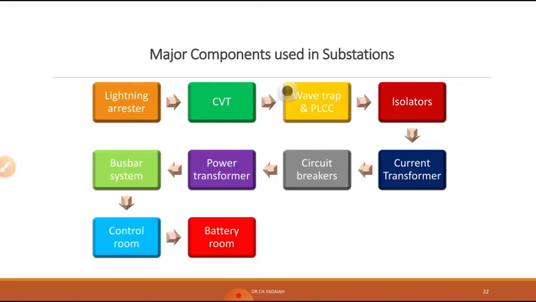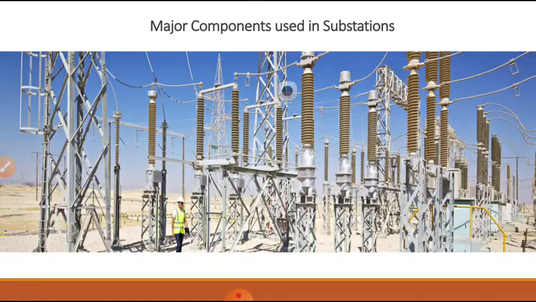Next, the battery room. The battery room is the DC energy source, or the heart of the substation. Every equipment runs based on DC supply only. It indicates how much current each feeder is carrying, and which feeder is closed and which feeder is open. All accessories, indicators and alarms work based on this battery room. So every day we have to observe the battery voltage of each cell. Now this is the thing we have to see.